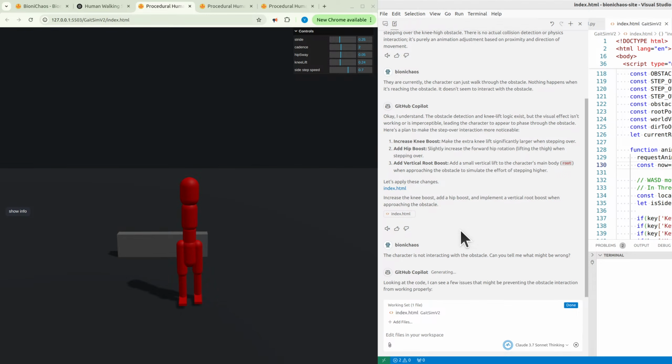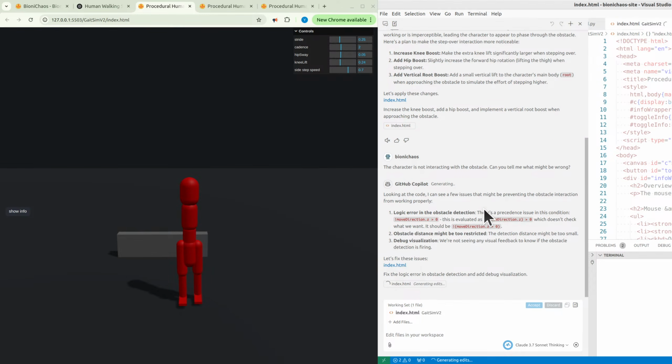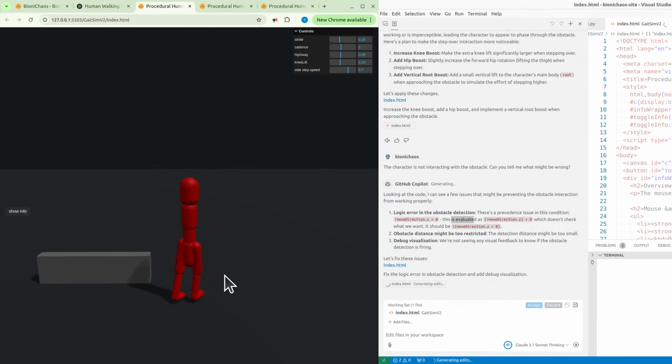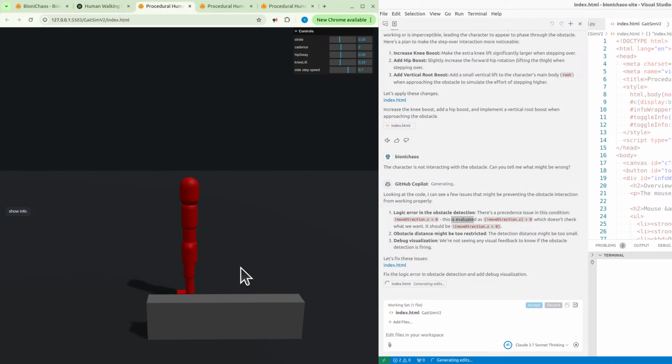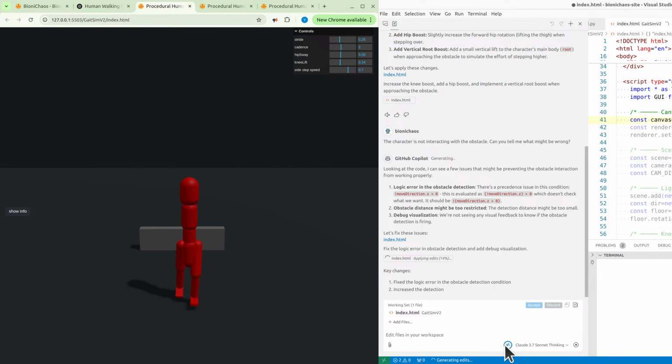Looking at the code, I can see a few issues that might be preventing the obstacle interaction from working properly. Logic error in the obstacle detection. There's a precedence issue in this condition, move direction.z greater than 0. This is evaluated differently than intended, which doesn't check what we want. It should be move direction.z greater than 0. Obstacle distance might be too restricted, the detection distance might be too small. Debug visualization. We're not seeing any visual feedback to know if the obstacle detection is firing. Let's fix these issues. Index.html. Fix the